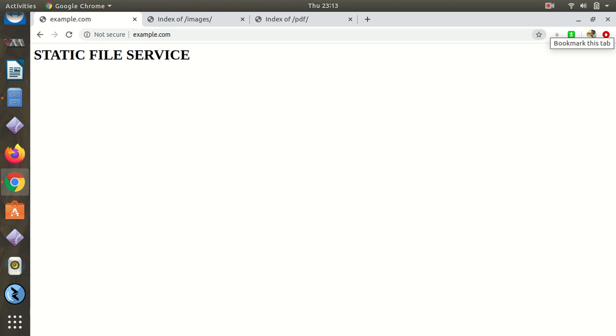Today we will learn how to create static file services. To create static file services, that means suppose in my computer I have a folder. I want to see the whole folder in my URL. It is a very simple step. We need just the nginx services to install this whole configuration in our computer.